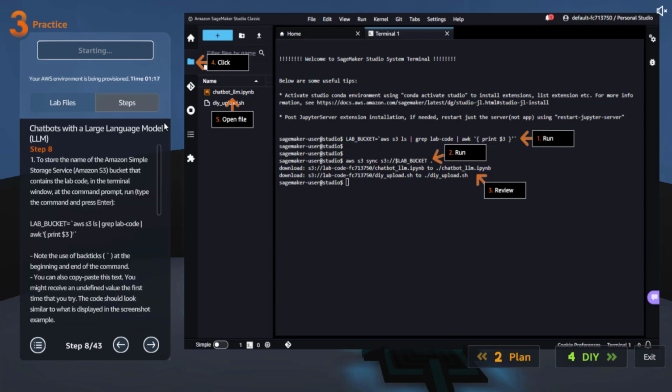And what do these commands do? We are listing the buckets, then we are trying to find buckets that start with the lab code, and then we are getting the third item of whatever the result of grep is, picking it using awk. So at the end, I guess we'll get the bucket. Then we are using that bucket name and we are syncing everything in the bucket to this particular folder. Basically, that's what we are doing.